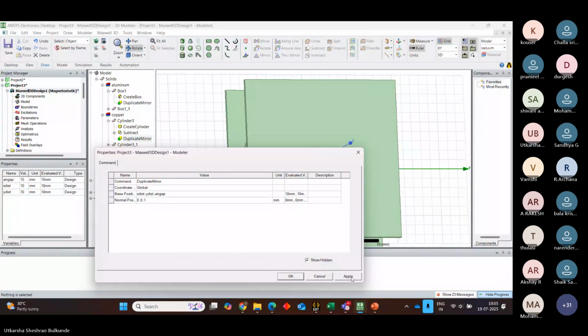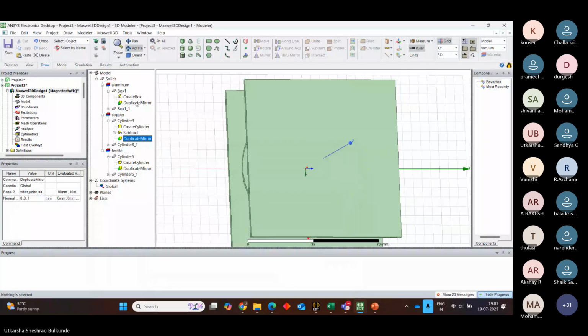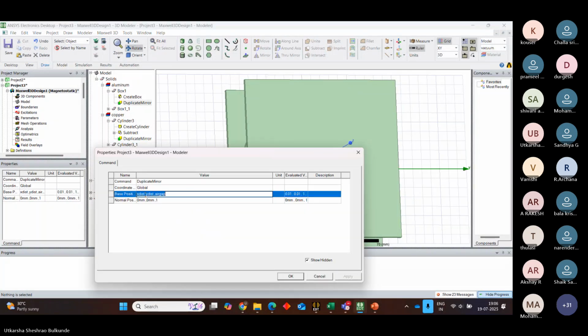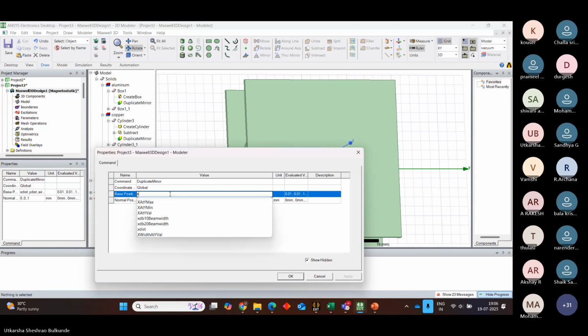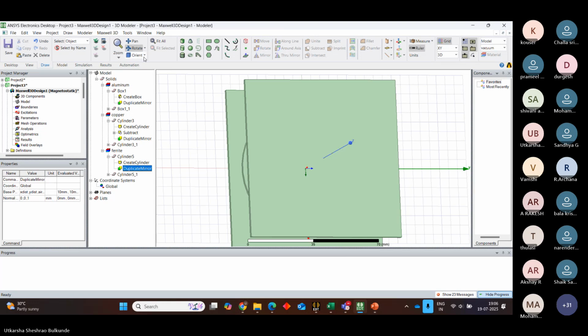Okay. X distance, Y distance, then air gap. Distance, Y distance, and